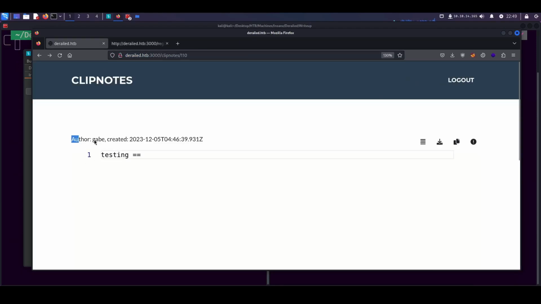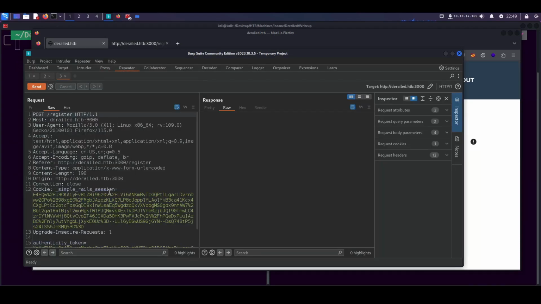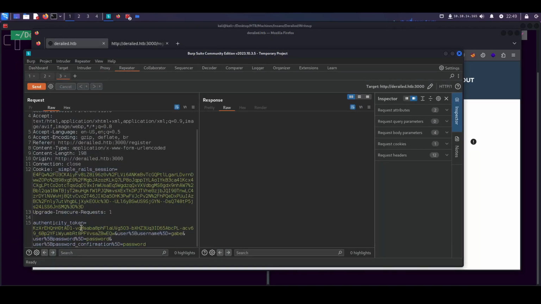And then, as we noticed right in those clip notes, you can see we've got the name and then created 2023, December 5th, timestamp, pretty straightforward stuff. But we might be able to take this a step further and just see how harsh this limit is. So what I'm going to do is just create an account. And I've still got this here. Or wait, is this? Yeah, this is register. Okay. Let's do